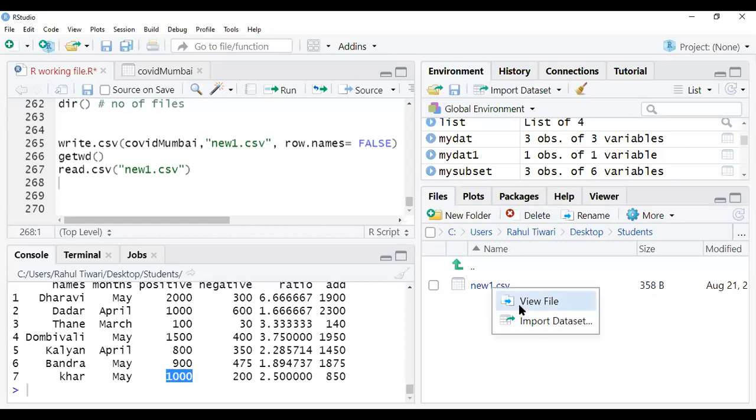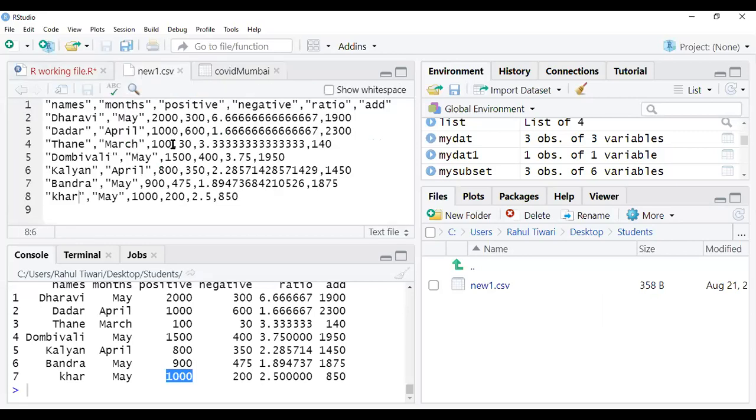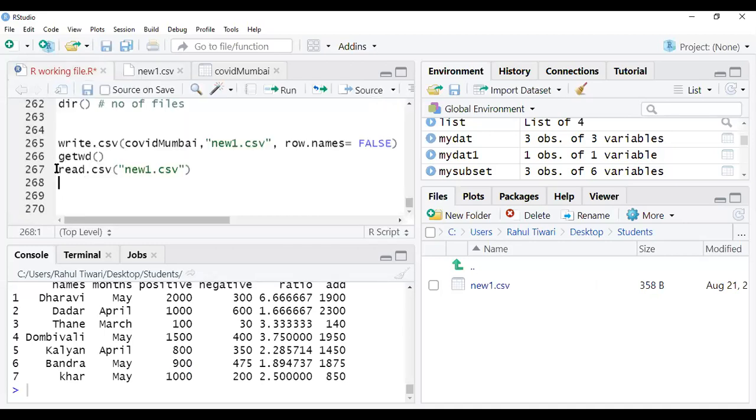One way is that you can go to view and edit whatever you want to edit, Control S, or there is an option called save here, save it and you can execute. And if you see there is another option called import data set. Meaning after saving, the read command that we write here, see this is the program, but if somebody forgets the program, then the import option is also here.